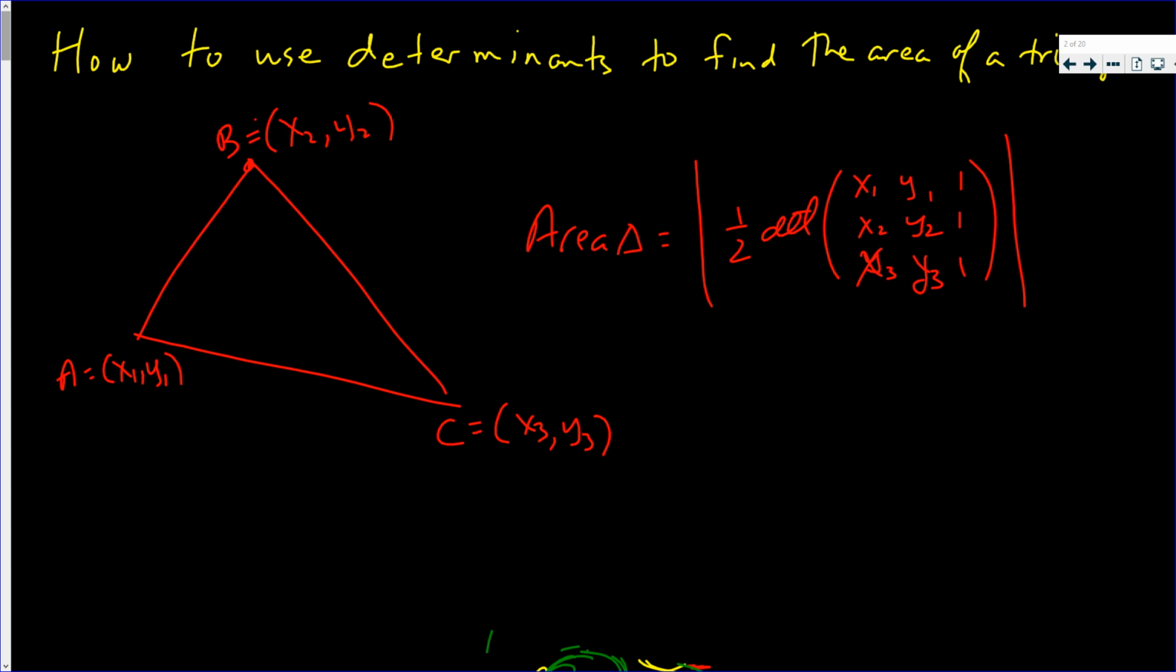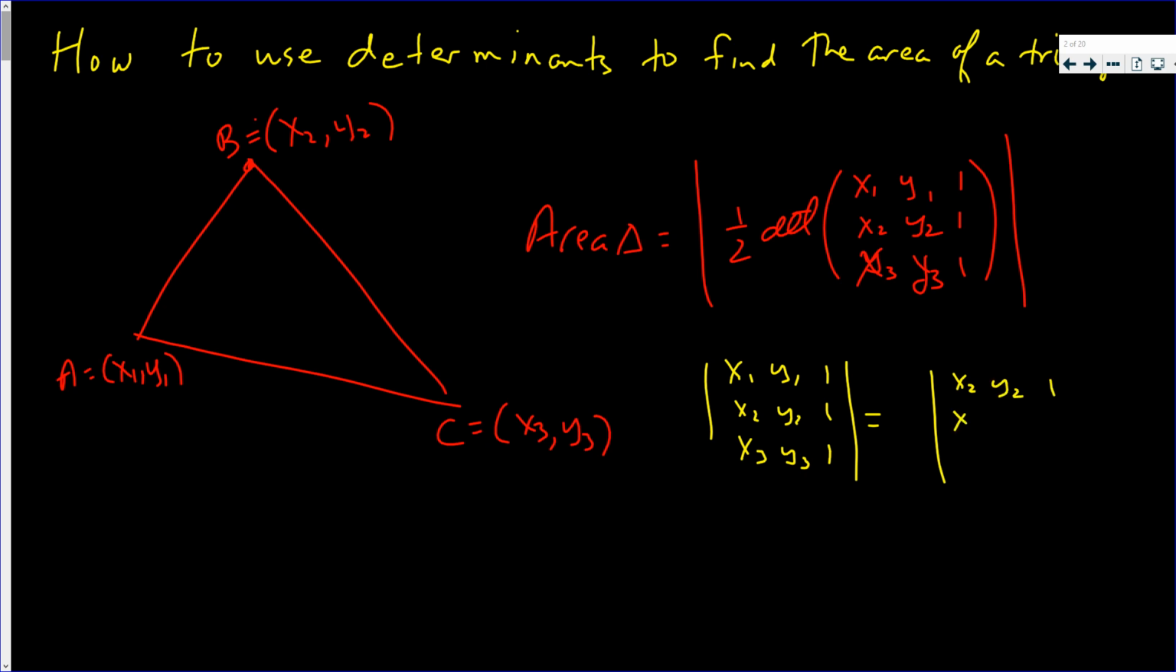Now, why is it reasonable to be off by a sign? Okay, you have to remember that the determinant of x1, y1, 1, x2, y2, 1, x3, y3, 1, and let me interchange the first two rows: x2, y2, 1, x1, y1, 1, x3, y3, 1. These are not equal. They differ by a sign. But